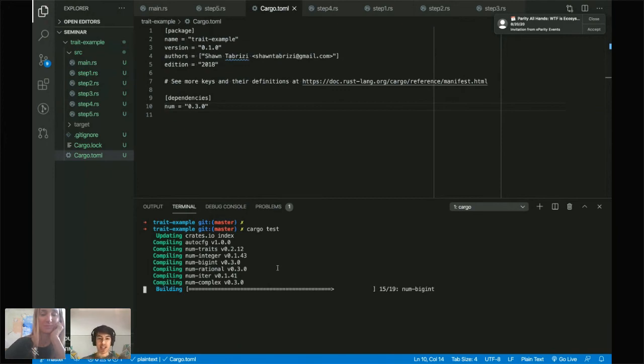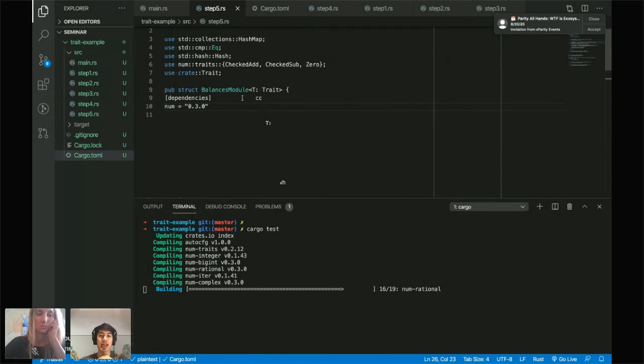Oh my gosh, why is it taking so long to compile this num crate? Okay. Well, I would like to wait to show this all works, because I think that doing this without showing it all works is kind of missing the point. But I guess hopefully you can see again.